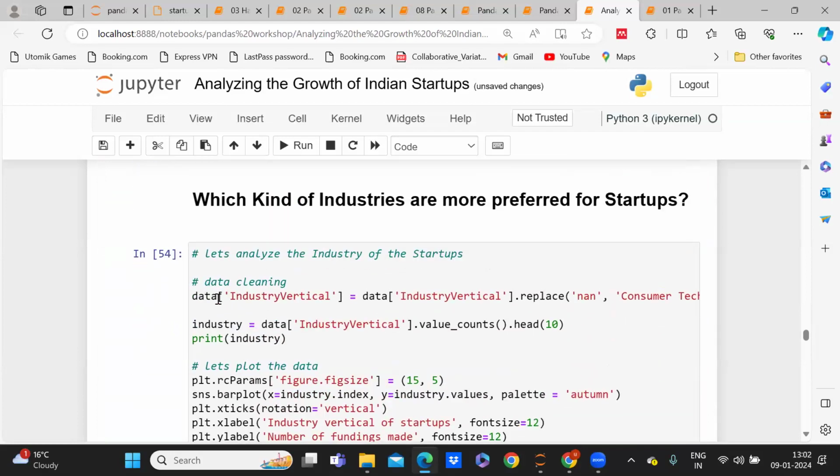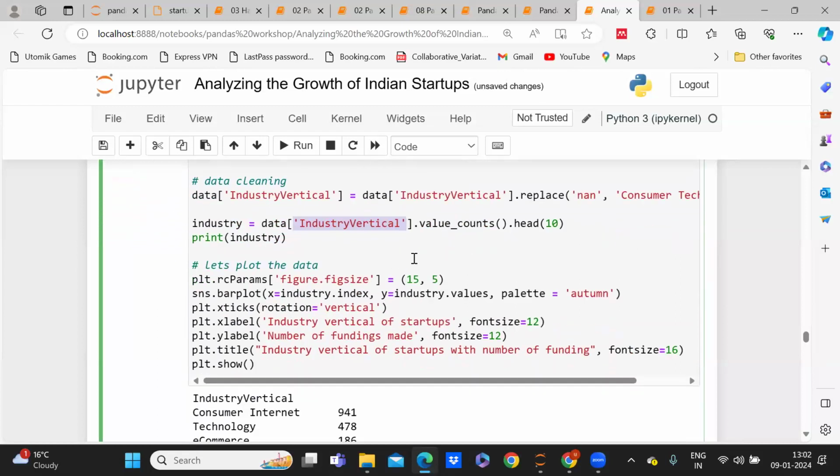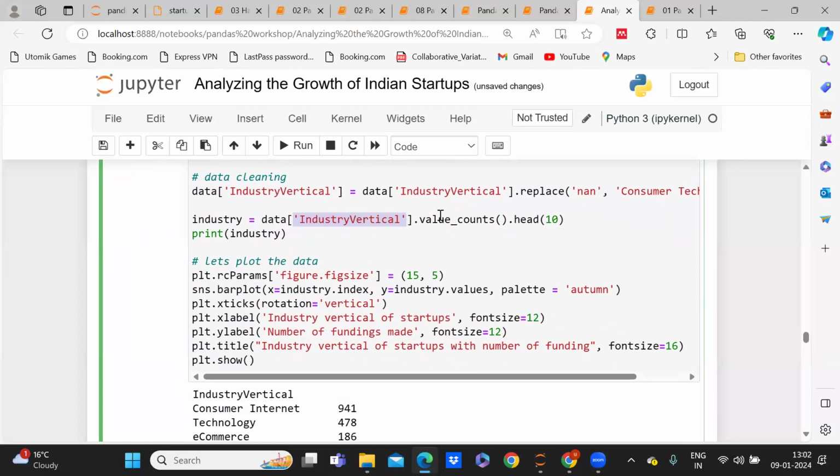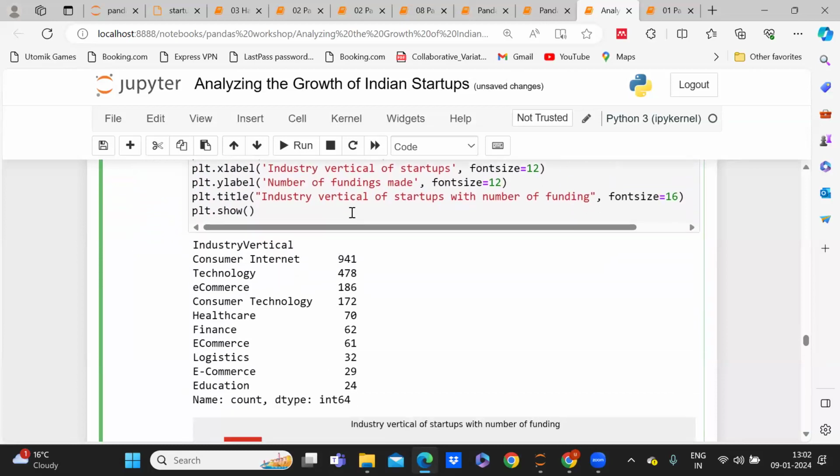The query we are using here uses the verticals, because this gives the number and name of the industry that gets startups. We are putting a query over here: for the industry verticals data, we want the total count and we want to show the top 10. So when we run this query,